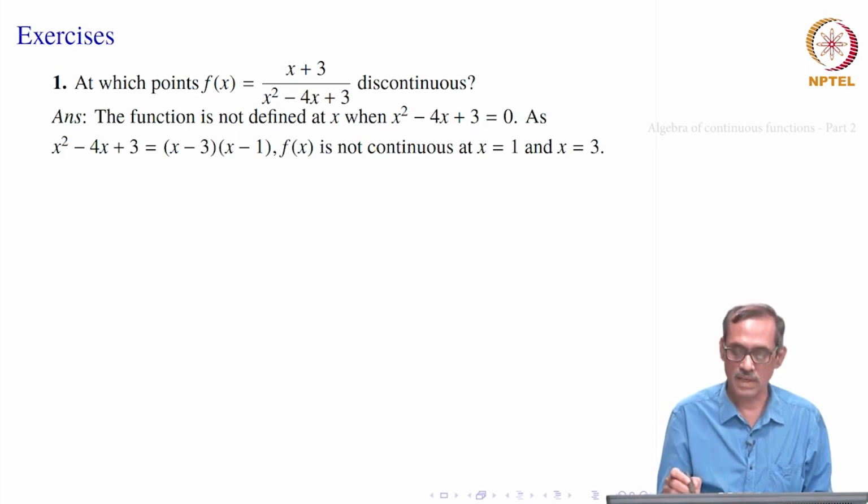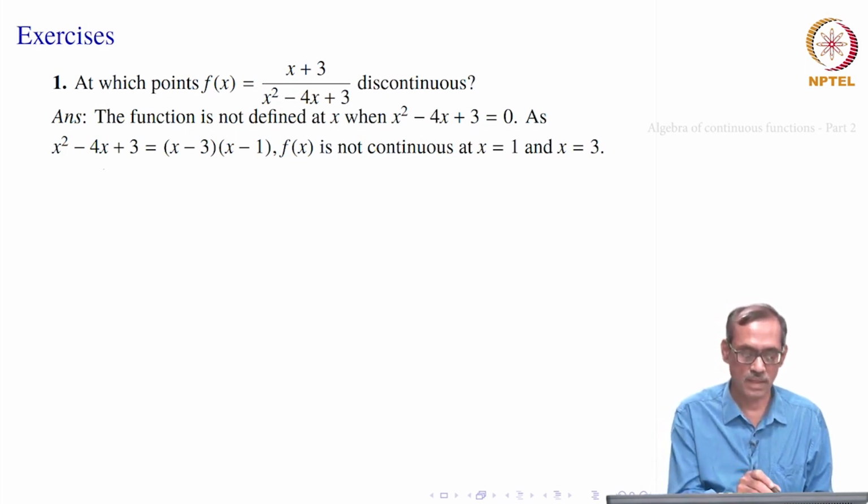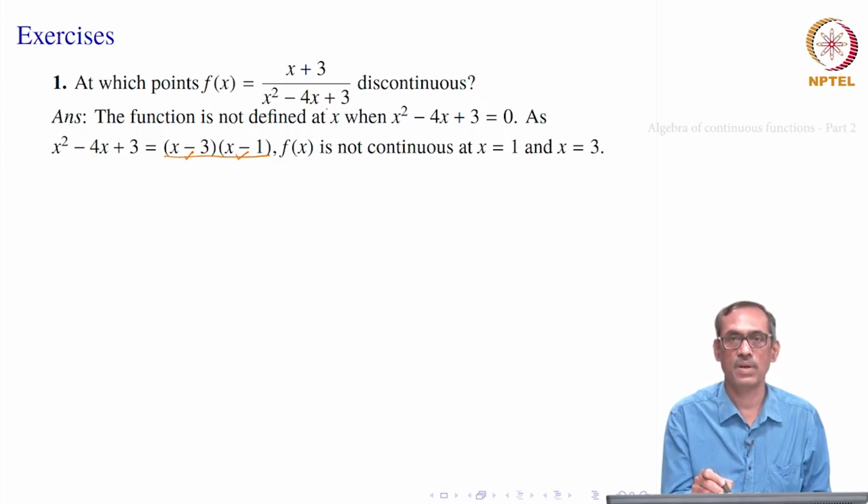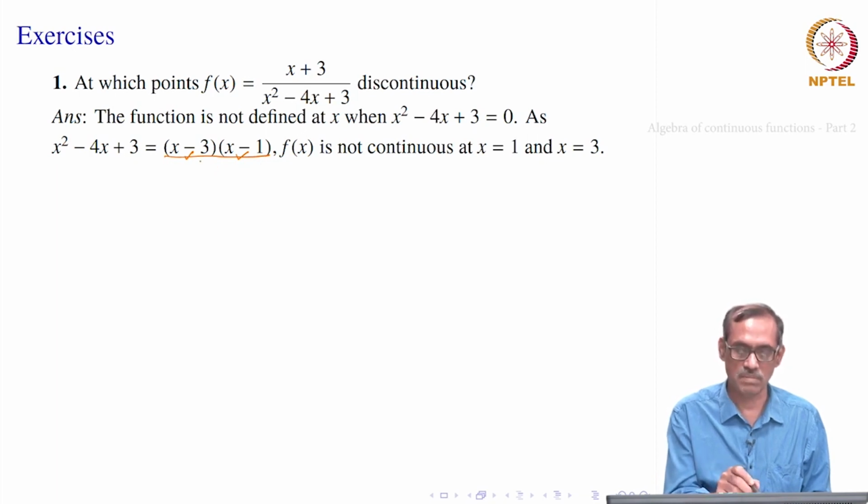But can we simplify that? It is a quadratic. So, we can factor it. The factorization says it is x minus 3 into x minus 1. Just verify. It is minus 3 minus 1, it is minus 4, and minus 3 into minus 1 is 3. So, that is correct. Then at x equal to 3 and x equal to 1, the denominator becomes 0. Therefore, f of x is not defined at 3, it is not defined at 1. The domain of f is all real numbers except 3 and 1.